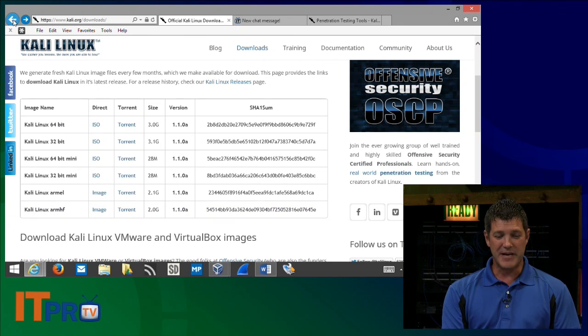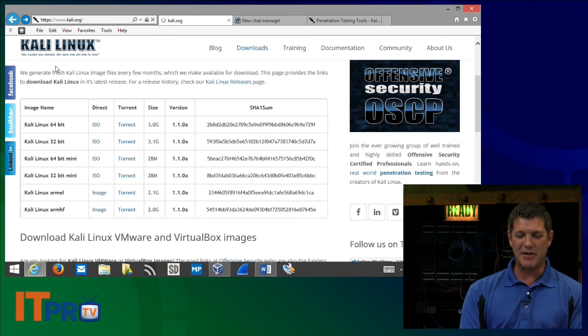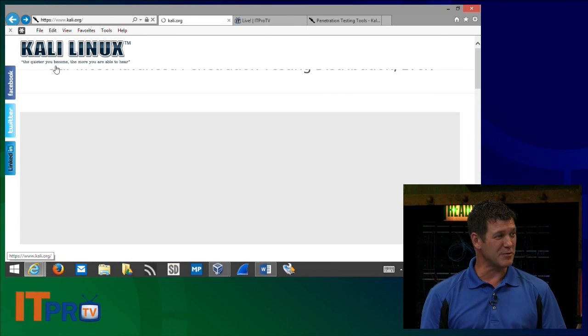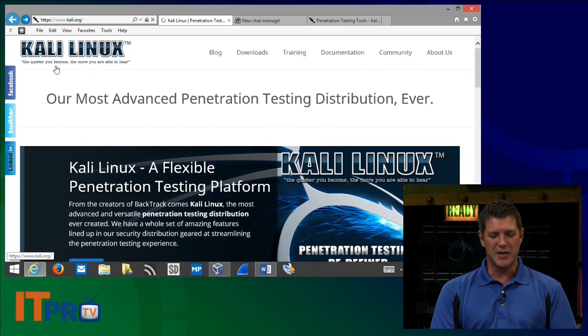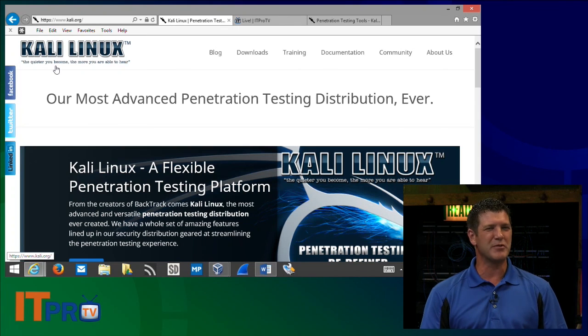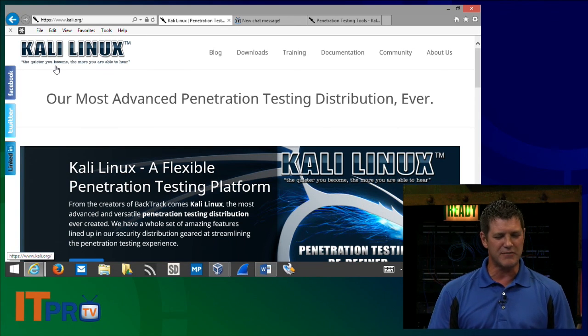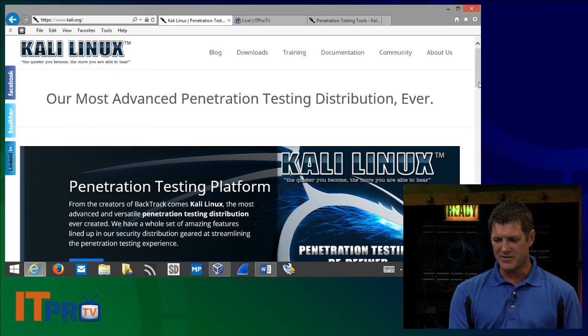One of the big things about, I'll flip back out to the home page if it'll let me here. I'm using Internet Explorer, so it's a little on the slow side. But Kali is very flexible, right? I can run it on 32-bit Intel architecture. I can run it on 64-bit. They've got that mini version, like if I want to put it on a smaller thumb drive. And I think that's their little page right there.